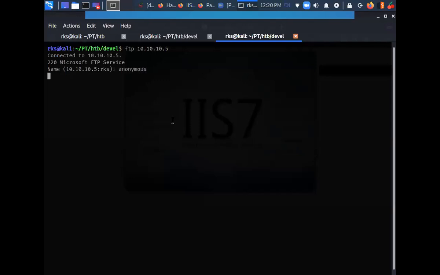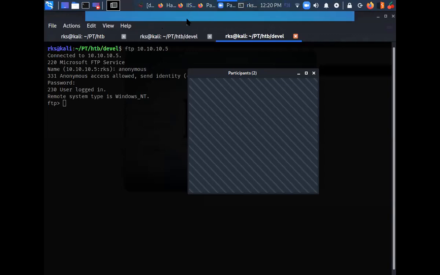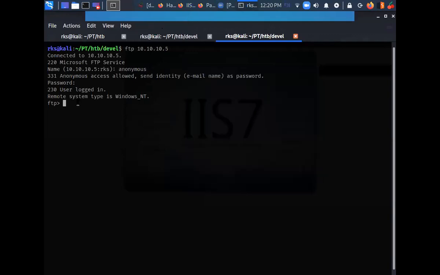Anonymous. Access allowed, send identity email as password. Just type any password. So I'm just typing anything randomly here. Press enter. So I am successfully logged in. Okay, that's one sure fact.